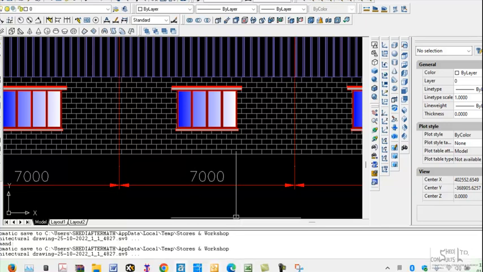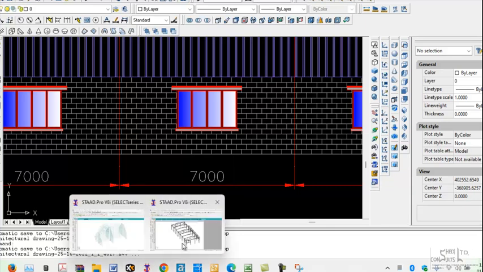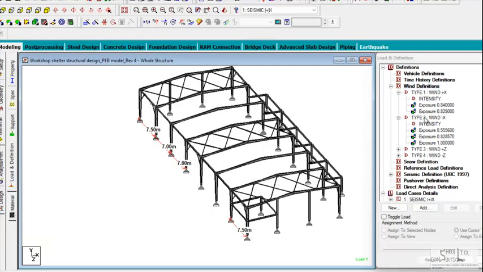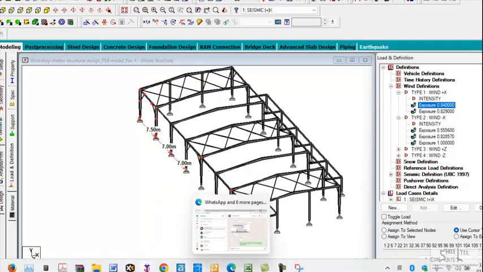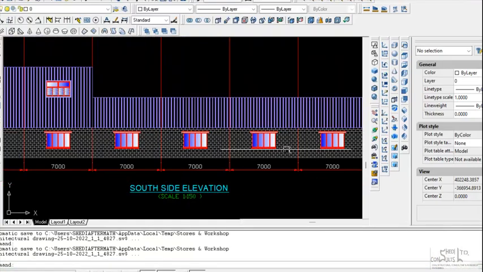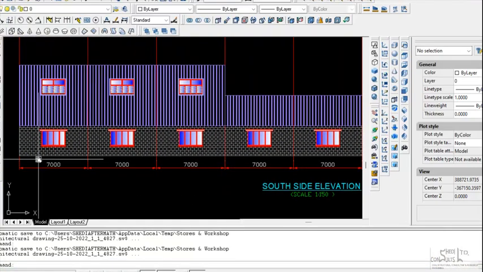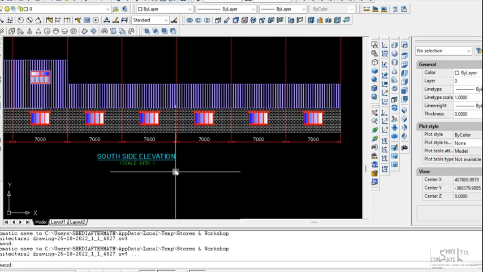That gave me the exposure coefficient, and that was the coefficient assigned. You have a different exposure coefficient at the end, because this span is 7.5, and when you look at the elevation, you have typical windows on this side. But at the end bay, because the span is different,